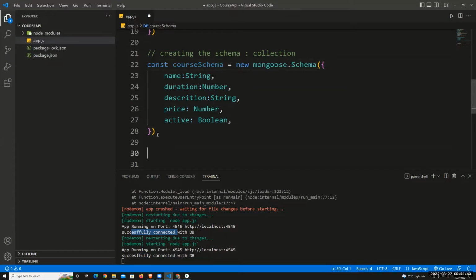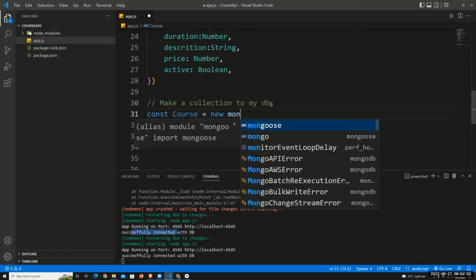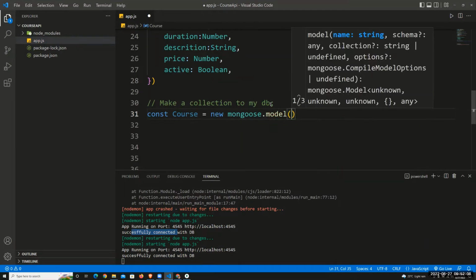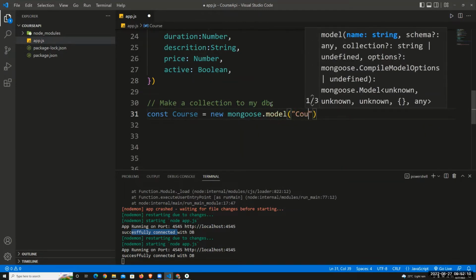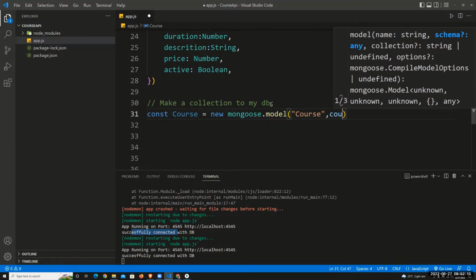इसके बाद मुझे क्या करना है, एक कलेक्शन बनानी है। I want to make a collection in my database, make a collection to my DB. मेरे डेटाबेस में एक कलेक्शन डालना है मुझे, तो कलेक्शन का नाम रखते हैं अपन कोर्स। Let me just make a collection, const Course, equal to new mongoose.model. ओके इसमें मॉडल फंक्शन है जिससे हम वो बना सकते हैं। ये है मेरे डेटाबेस की कलेक्शन का नाम, और उसमें कैसे बनाना है मुझे, I want to make it as a course schema, कोर्स स्कीमा टाइप की कलेक्शन बनाना है।